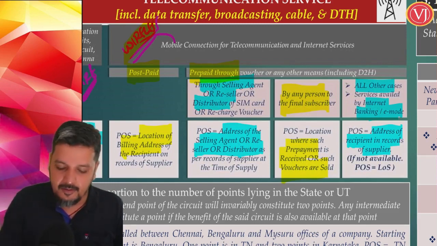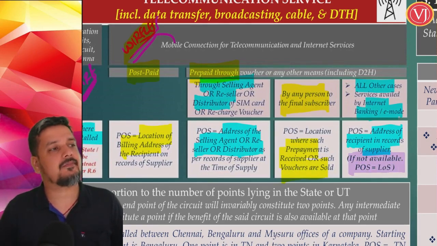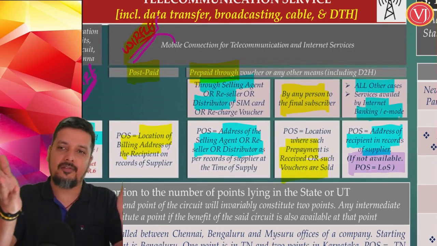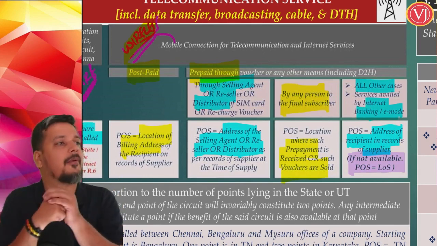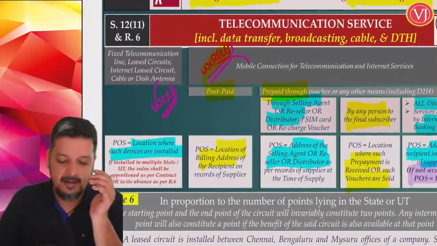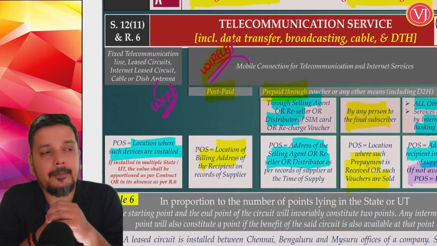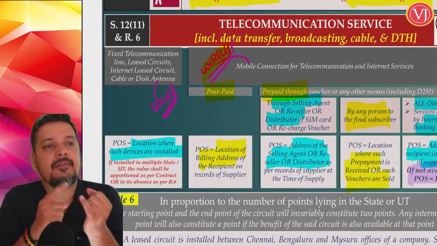If the location of the recipient is not there, by default it is the location of the supplier. If the supplier has your location, it is the location of the recipient. If the supplier is not having your location, it is the location of the supplier. This entire issue is when it is wireless prepaid. If it is wire category,